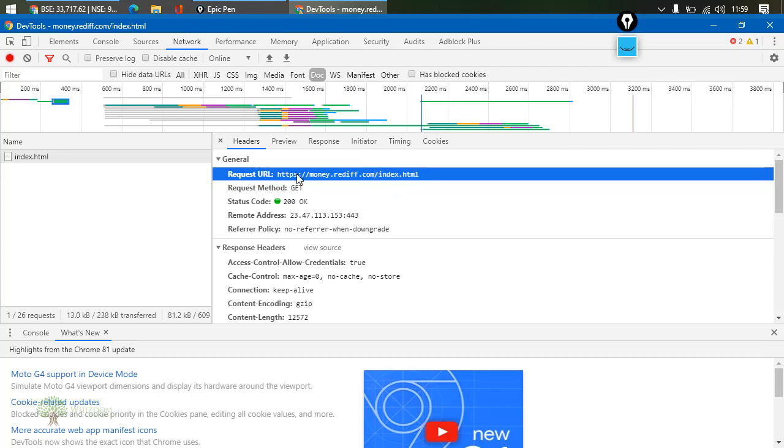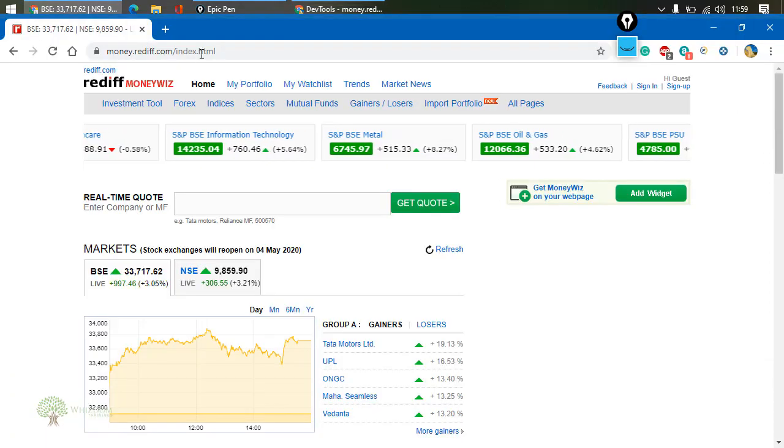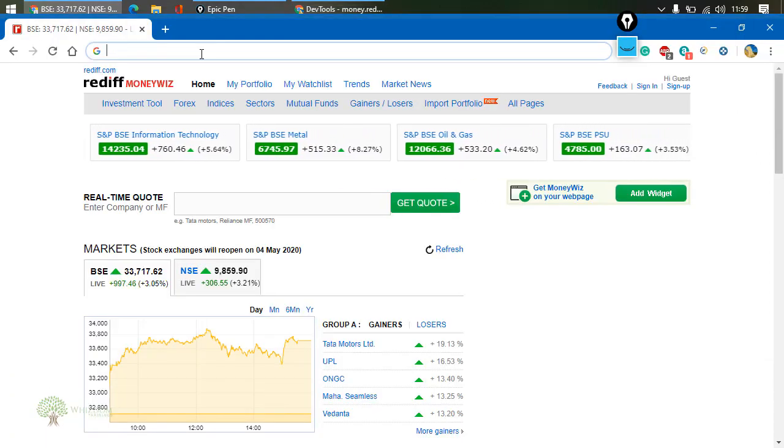HTTP is the default protocol, HTTPS is not the default protocol. So whenever we deal with HTTPS, we need to specify the port number, that is 443. This is the default port number for HTTPS. Now this means that if there is an HTTP request, would there be a different port number? Actually yes. So let us just see a normal HTTP request.